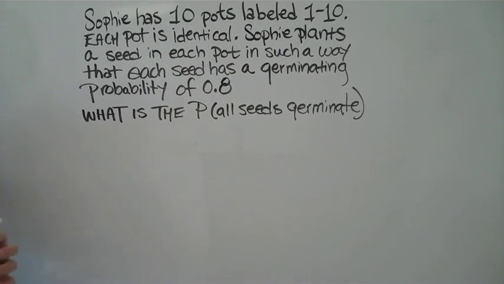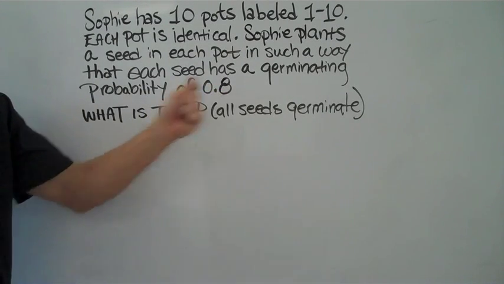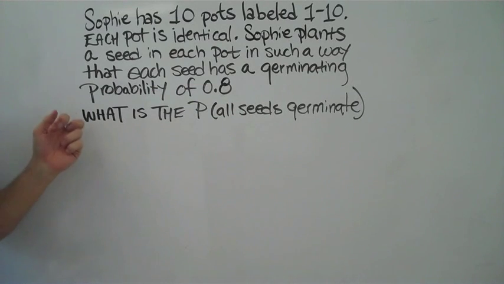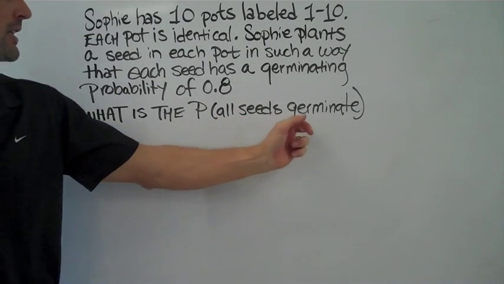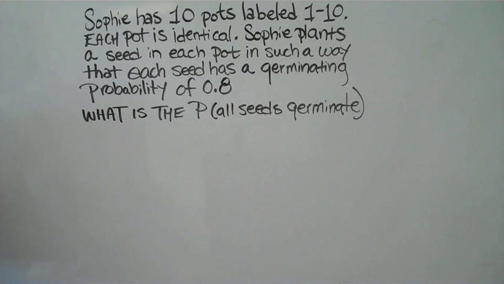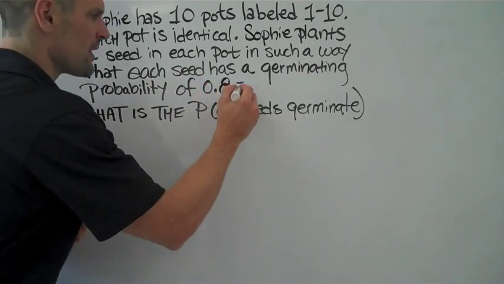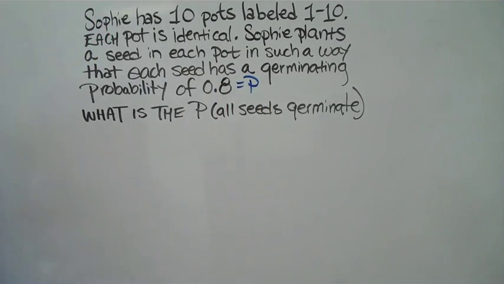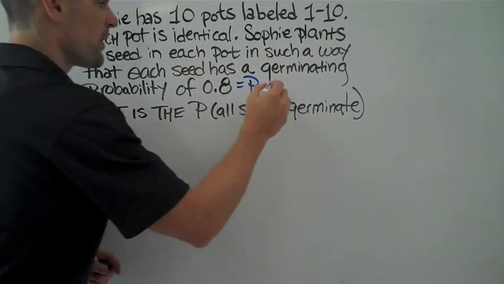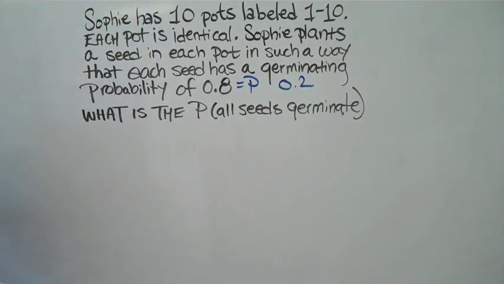Sophie has 10 pots labeled 1 through 10. Each pot is identical. Sophie plants a seed in each pot in such a way that each seed has a germinating probability of 0.8, or 80% probability. What is the probability that all seeds germinate? Well, first we have to recognize that this is a Bernoulli trial. This is a binomial distribution, because we can define 0.8 as P. This is the probability that we're going to have success, which means that the probability of having failure is 0.2,